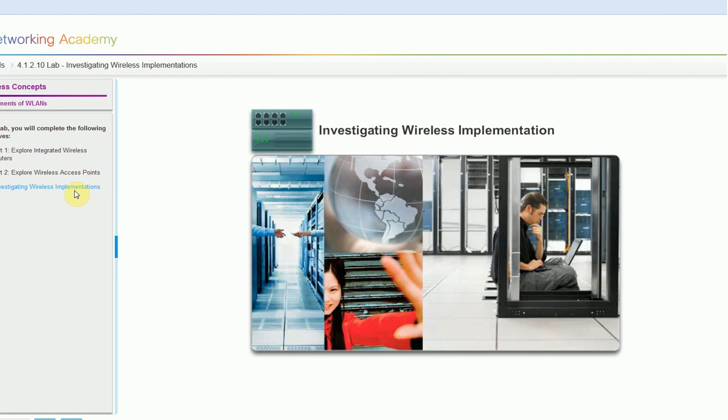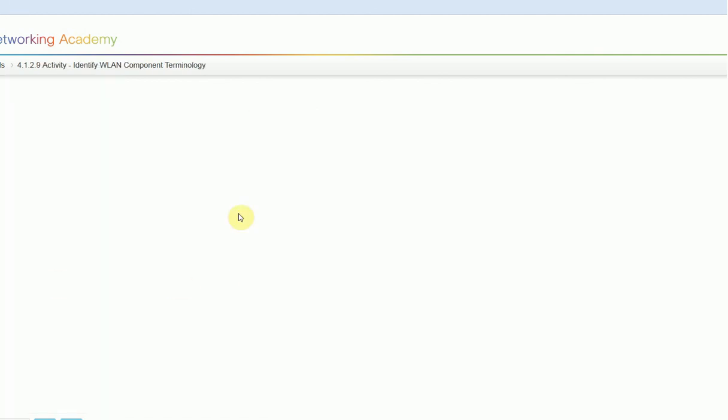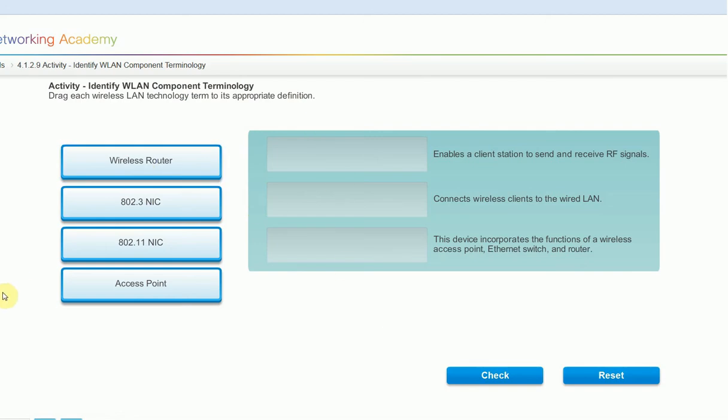You can download the investigating wireless implementation activity. There are a lot of activities in Cisco Packet Tracer, and also a lot of quizzes and activities in NetAcad. So we can configure that too.